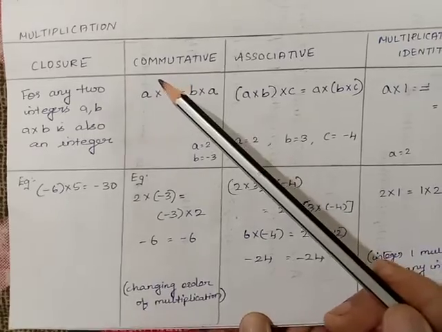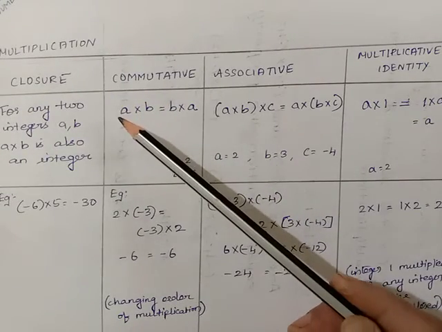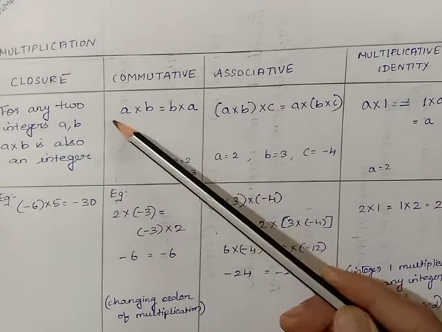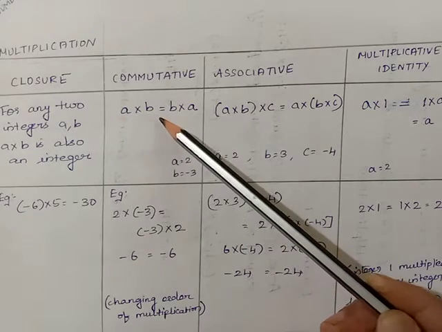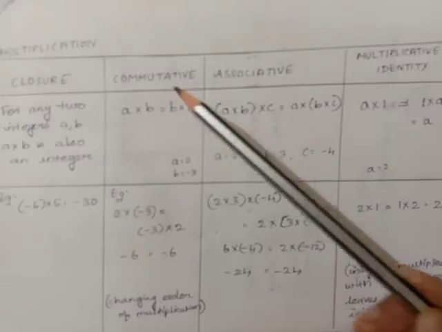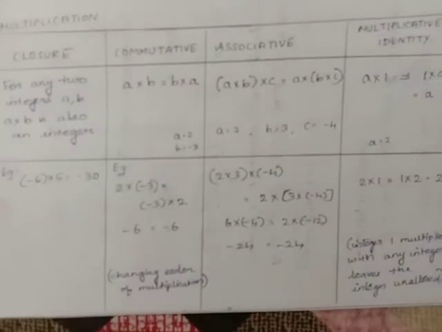Commutative property means take any two numbers. Let us take integers as a and b. A into b will be equal to b into a. So commutative property is satisfied in multiplication. For example,